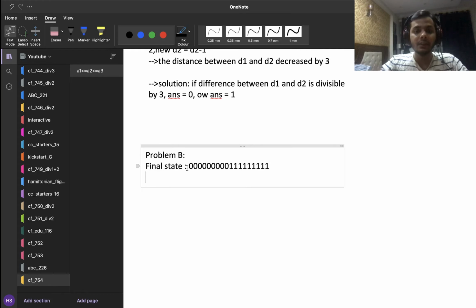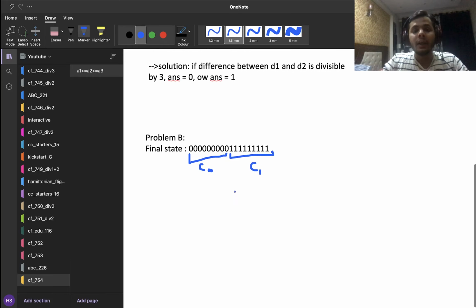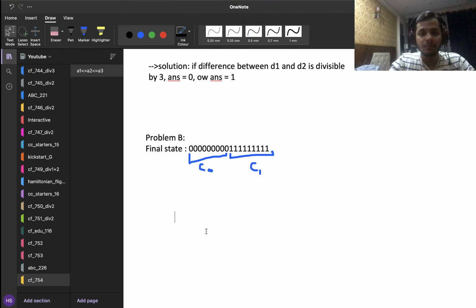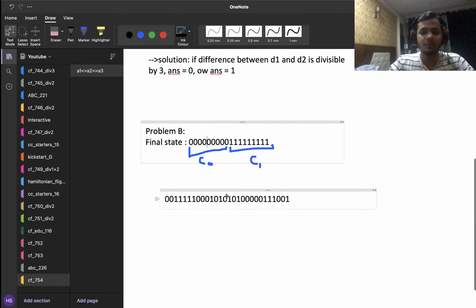Okay, that's great. So let's just assume that the number of zeros in our array is C0 and the number of ones is C1. Now let us assume that we have an arbitrary string of 1s and 0s. We have an arbitrary string consisting of some zeros, then some ones, then 0 1 0 1, and so on and so forth, right? So this is an arbitrary string that I have, and I want to do some number of operations on it so that the final state of the string becomes this.